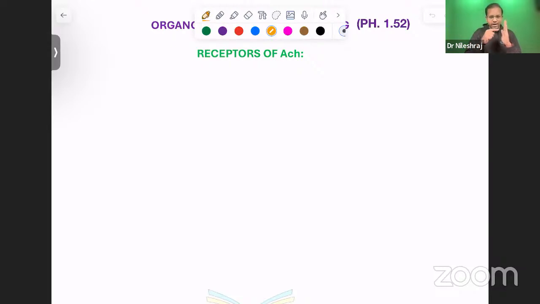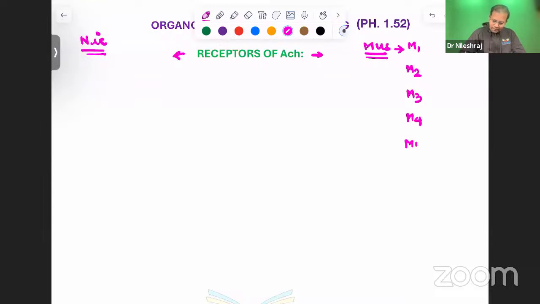These receptors might be of two major subtypes: muscarinic or nicotinic. Muscarinic, because the Amanita muscaria mushrooms, or magic mushrooms, bind with those receptors. And nicotinic, because nicotine binds with those nicotinic receptors. Please note that muscarinic receptors are of 5 major subtypes: M1, M2, M3, M4, and M5. Similarly, nicotinic receptors can be of 2 major subtypes, NM